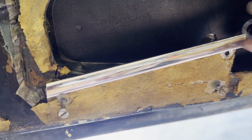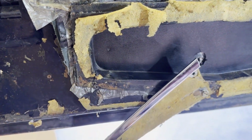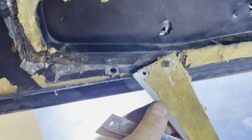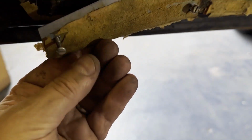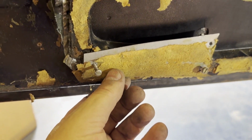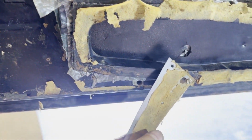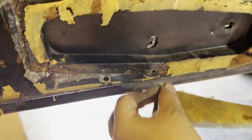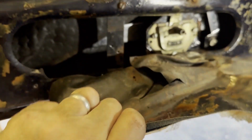Screw goes through, the spacer holds it in place, and then when you take these off, this whole thing comes away. You'll see it's in 2 parts. This is the chrome trim, going to get that re-chromed, and then this metal, I presume, is part of the door card. This door card obviously is totally disintegrated, and then when that comes off, this little insert should just